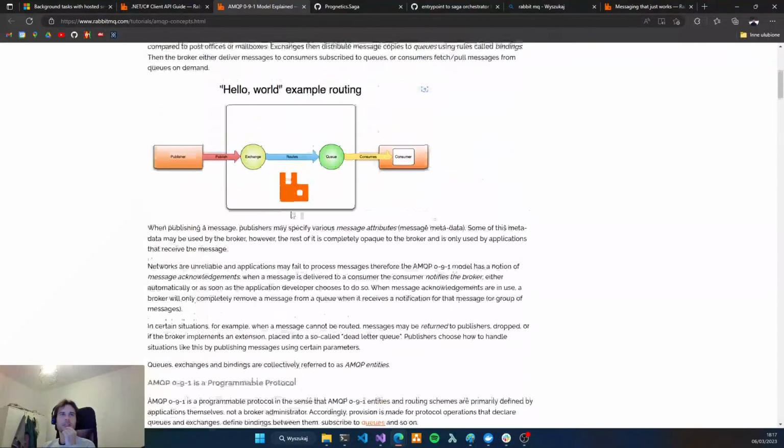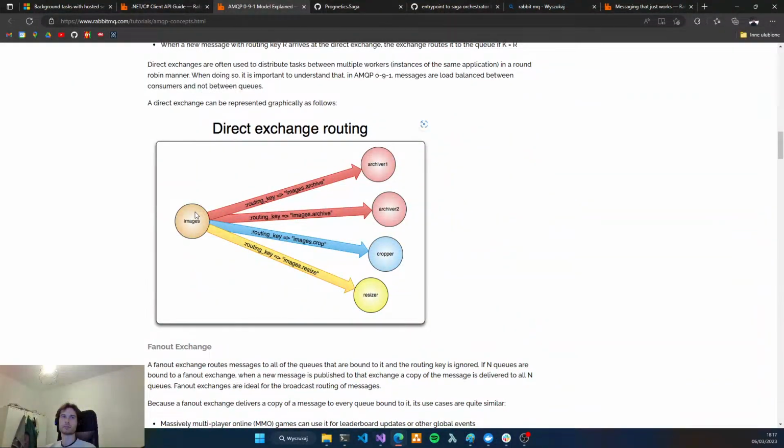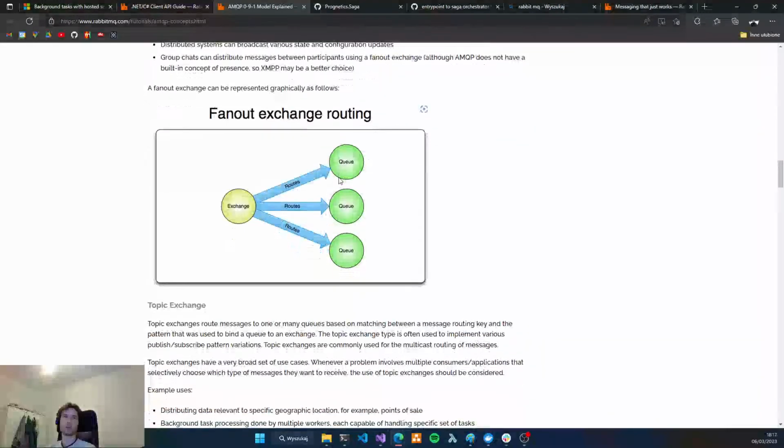So basically, an exchange is the entity that we publish to, and based on the routing key, it passes messages to the queue. So we can use this exchange to pass a message simply to one queue or to multiple queues.